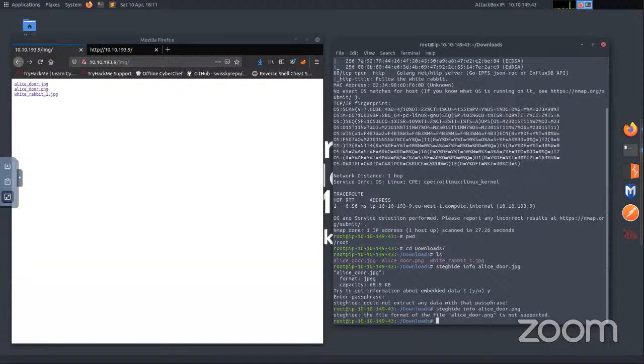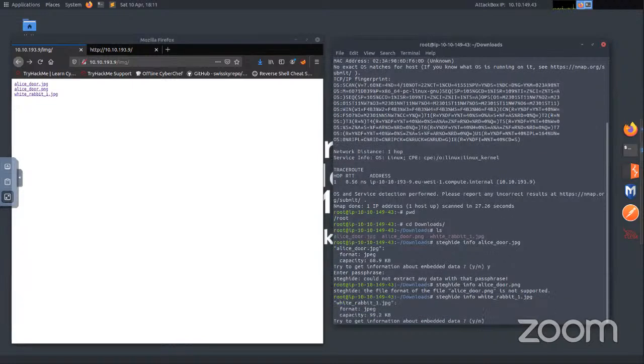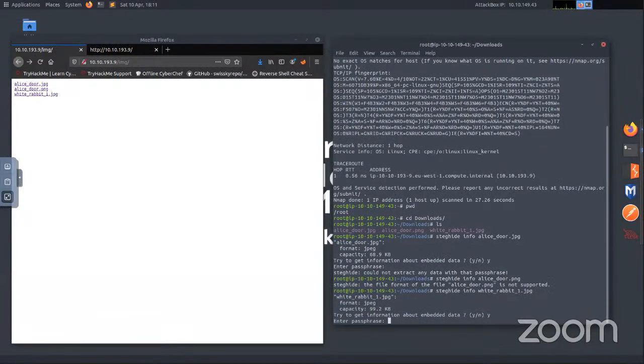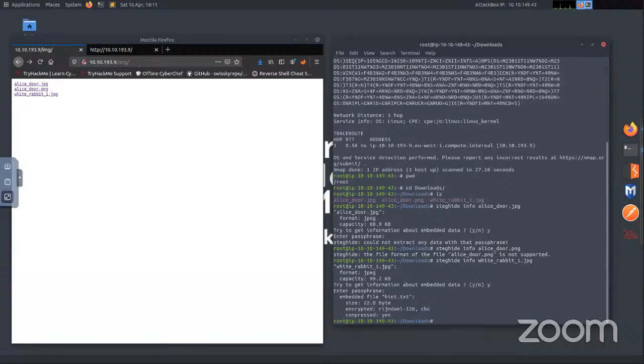And it says it's not in a format that's supported. That's fine. And let's also check out the last one, which is the white rabbit. And again, we want to try to get any hidden information. But it tells us that there is a file embedded in the white rabbit file, and it's called hint, right? So we want to use Steg Hide to extract that,